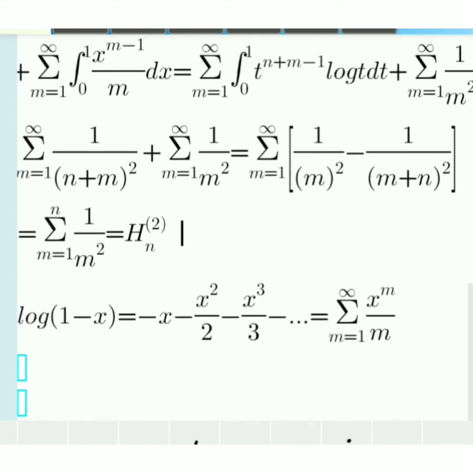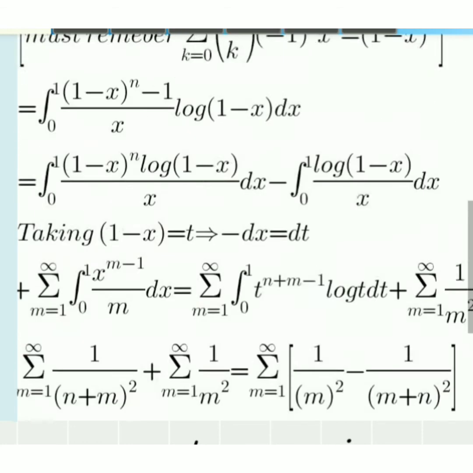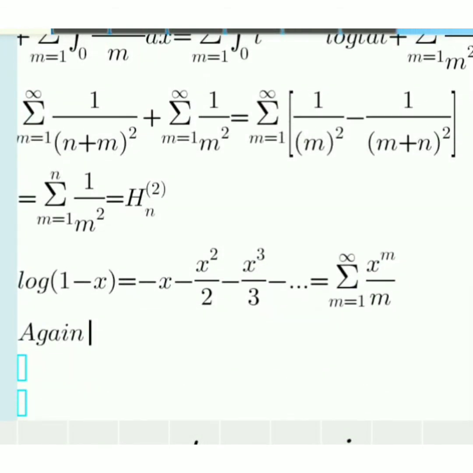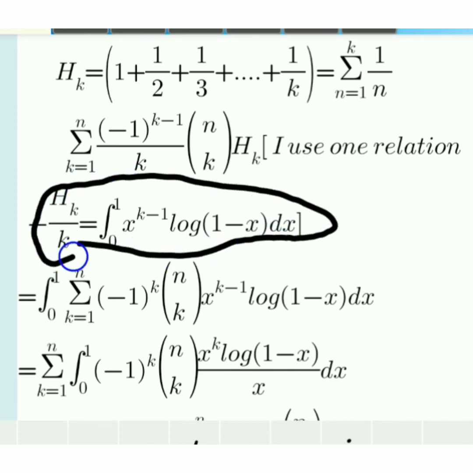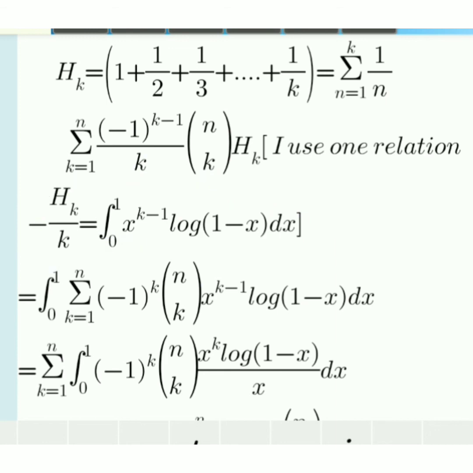And now again I want to prove these important relations. I prove H_k divided by k minus H_k divided by k equals whatever I want to prove. I want to prove that 1 by n H_k divided by k. I want to prove these relations. I try to prove these relations. So